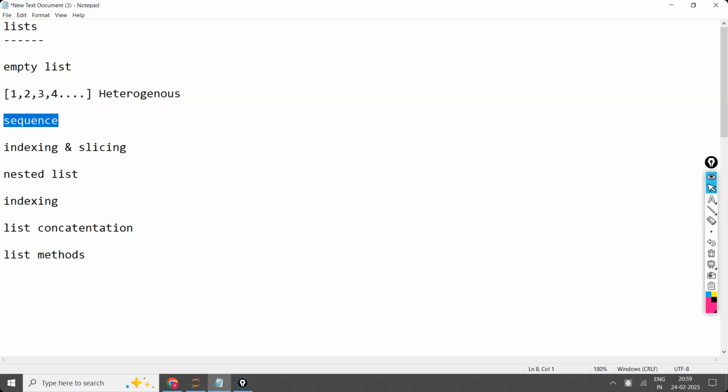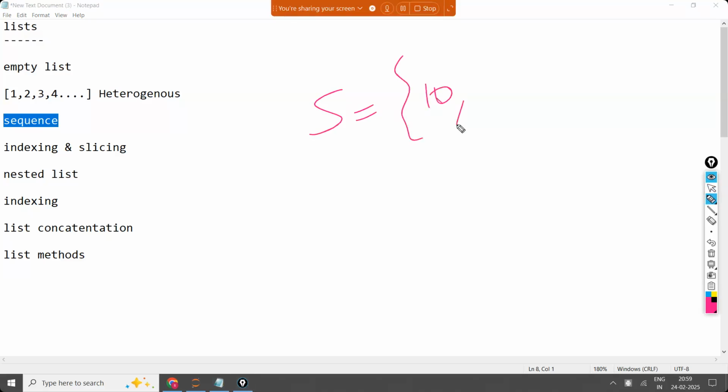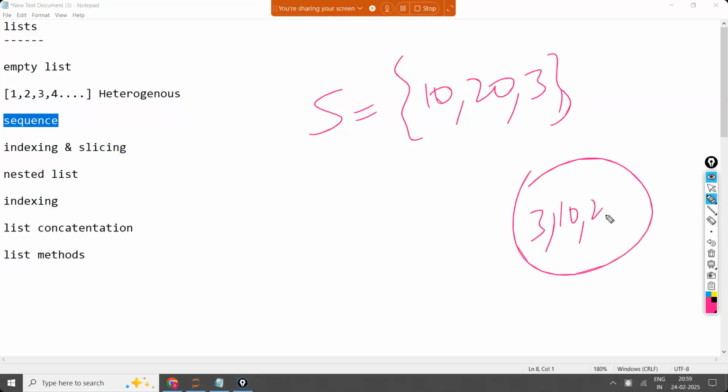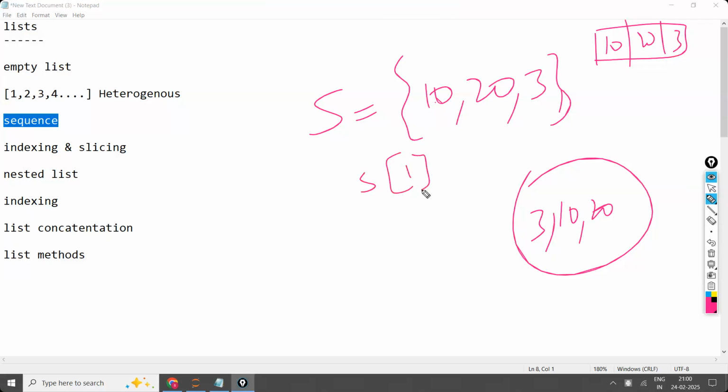Sir, if it is not storing in the sequential order, is indexing possible then? For example, I am writing S is equal to 10, 20, 3 and internally it was stored as 3, 10, 20 or something. According to me it is 10, 20, 3 and I am going to do S of 1. S of 1 means 20 should be there according to me. But the values it has stored are different. Now, is indexing possible here? No. Indexing and slicing are not possible in sets. The reason behind that is it is unordered